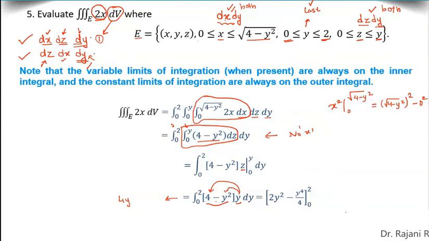So we write 4y minus y power 3, and then you integrate this with respect to y. When you integrate 4y, it will give you 2y square. How do we get 2y square? Because it is 4y power 2 over 2, and 4 cancelled with 2 gives you 2. And y power 3 gives you y power 4 over 4. And then substitute the limits, you will get the final answer. You can try with the second order of integration, you will end up with the same answer.